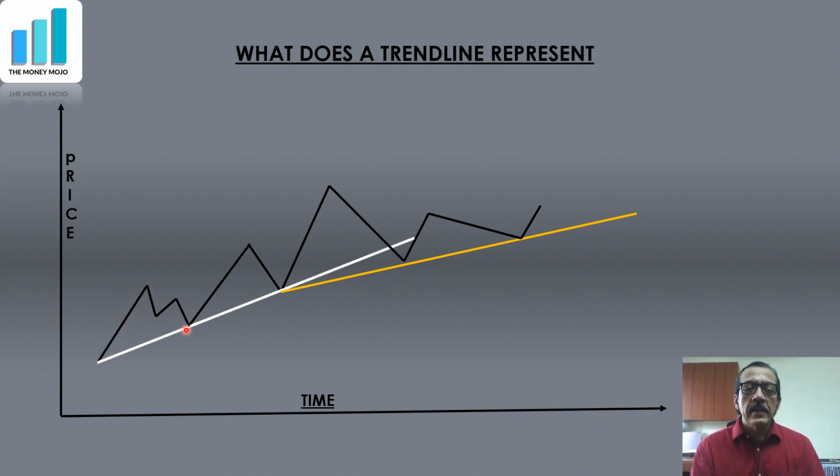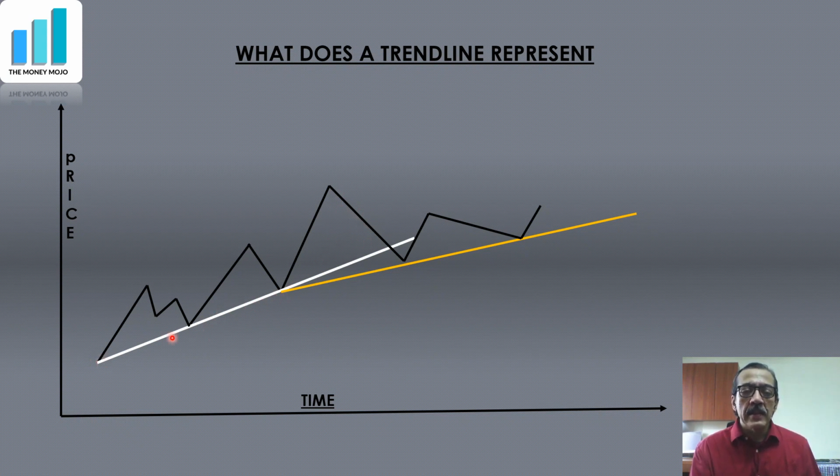So if you look at this section of the chart, you will see that here the price has been changing with respect to the time in a much faster manner than when you draw this line. Similarly, this has been faster than when you draw this. Similarly, this rate of price change is higher than this. So this trend line actually just represents one thing. This is the slowest rate at which price has been changing in this section of the chart.